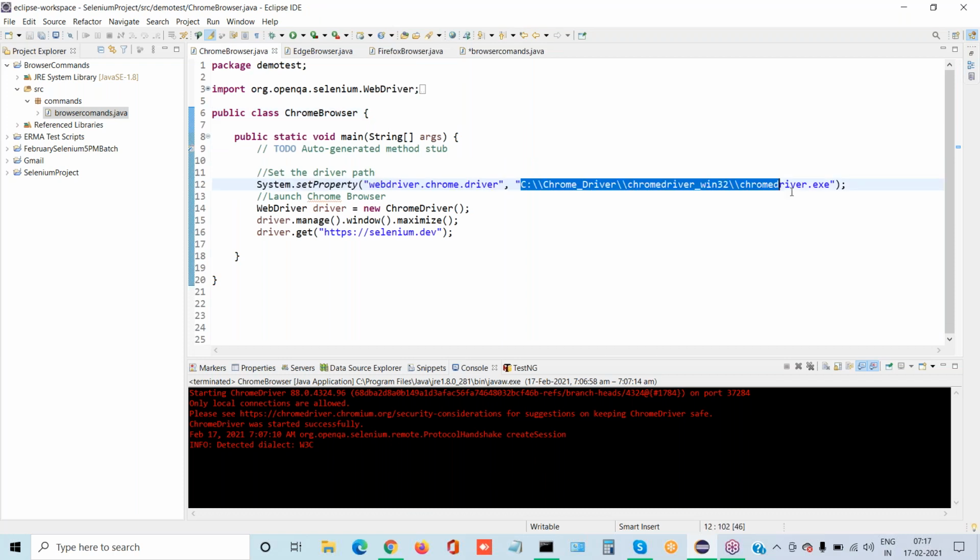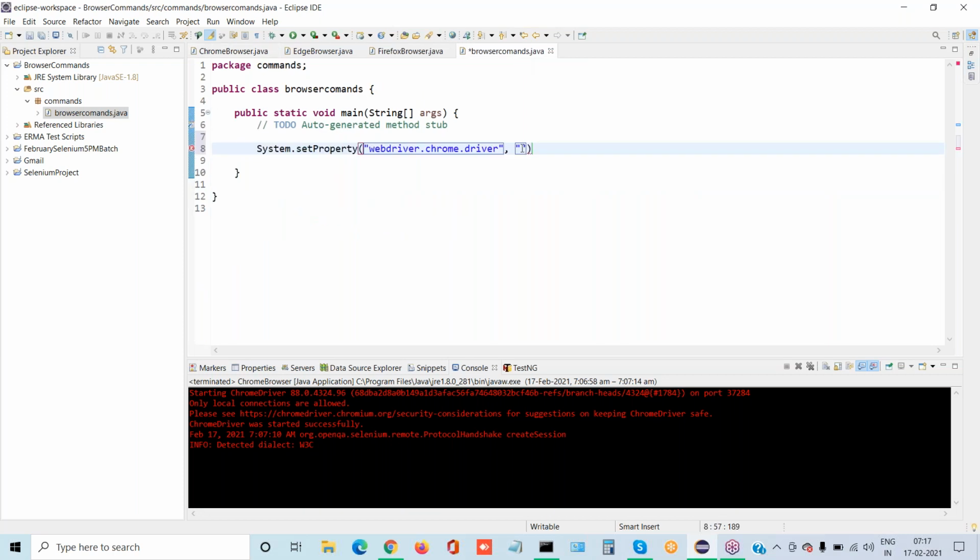In this case, are we not importing the libraries? No, he's just writing System.setProperty. Suppose he writes WebDriver driver equals new ChromeDriver, and if the jar files are not there, it will throw an error.